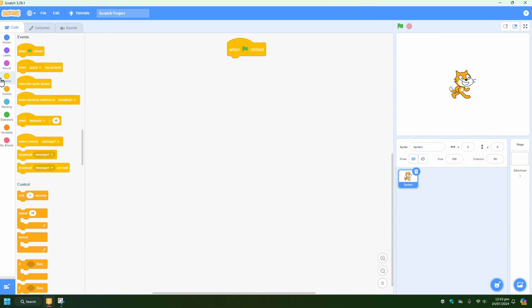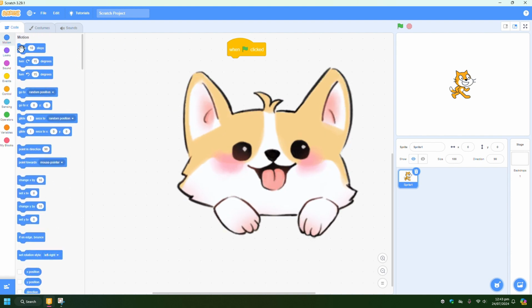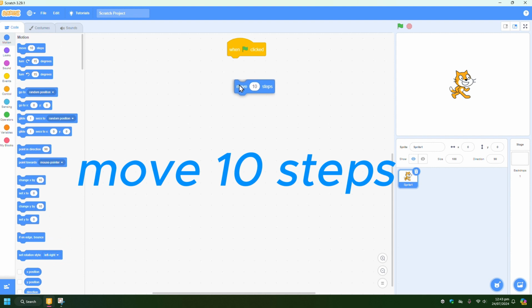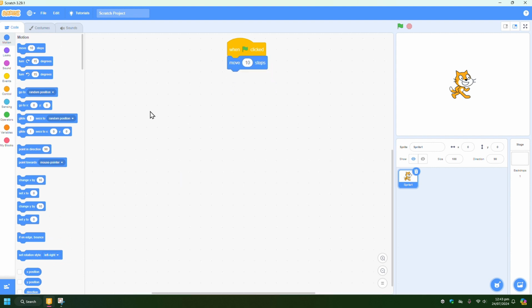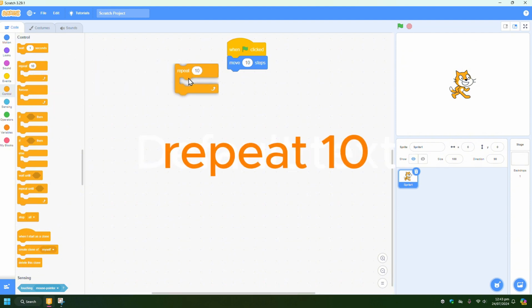Then we'll go on motion and click move 10 steps. Then we will go on control and take forever. No, not forever. Repeat 10. And